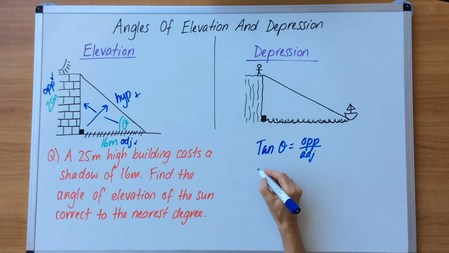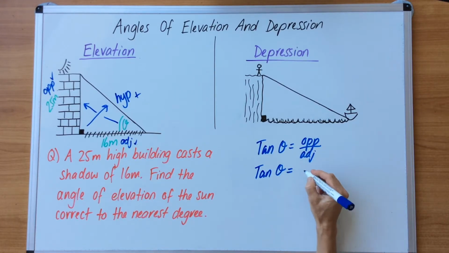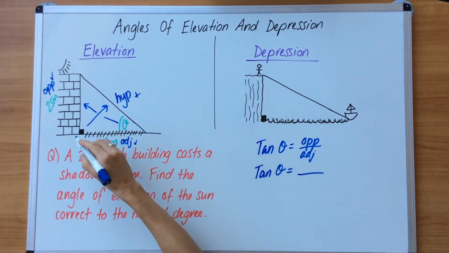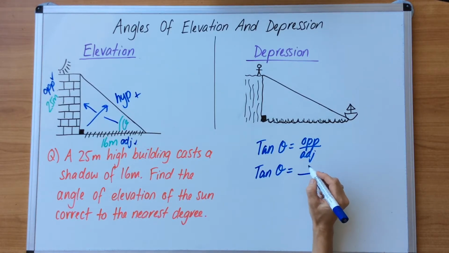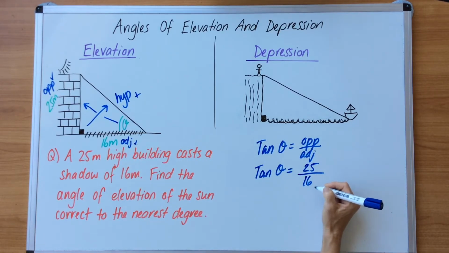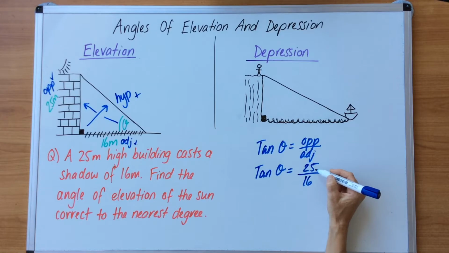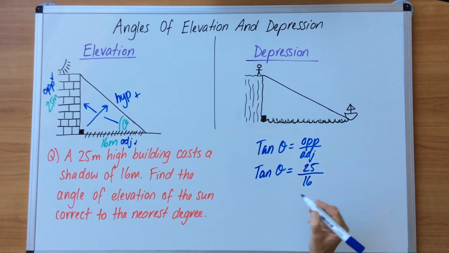Now we're going to substitute in for our second line. So tan theta, we don't know what this is yet because that's what we're trying to find out, the missing angle. We're going to substitute these values in. So we have an opposite, which is 25, and an adjacent, which is 16. And now we're going to use our calculator. We need to click second function, tan, 25, ABC fraction button, 16, equals, and we are going to get an answer of